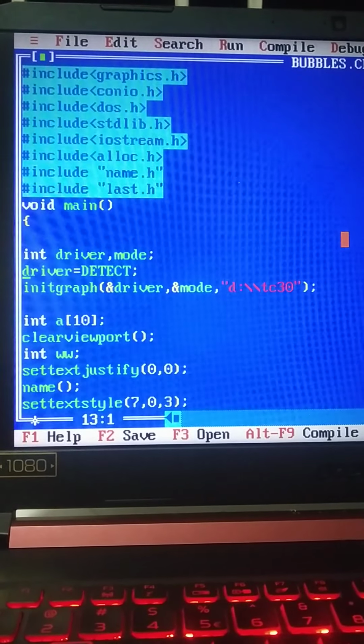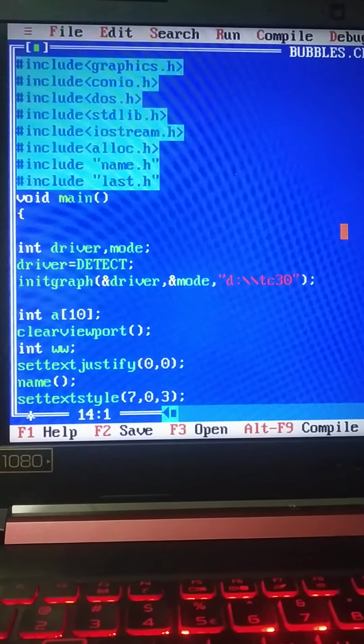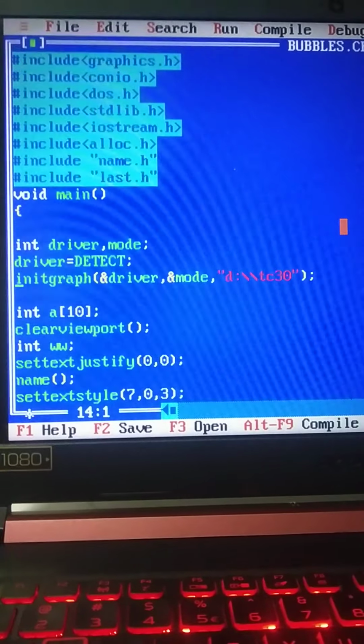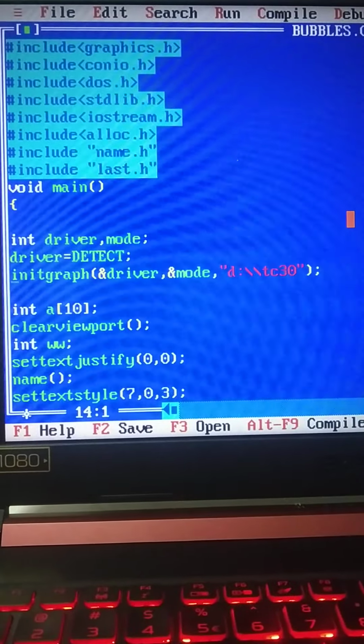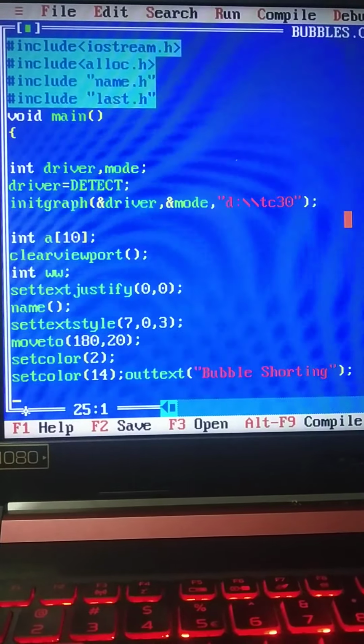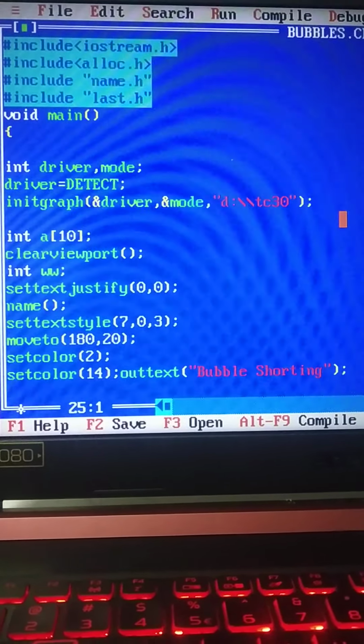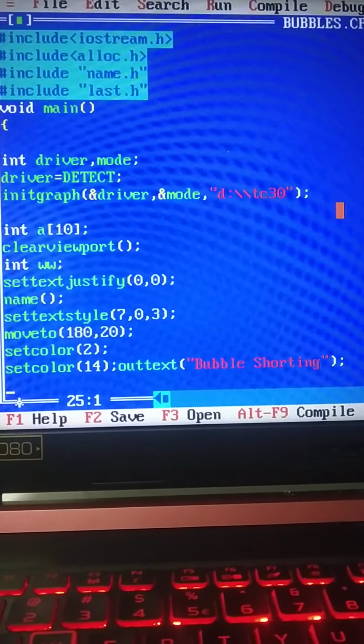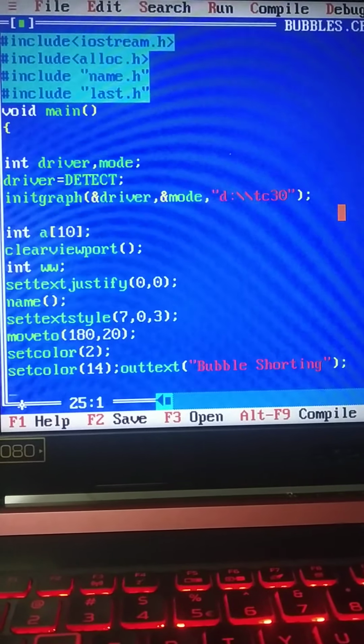Now public static void means some drivers. I am going to detect some drivers, and I am giving the address of those drivers. Then one array I have taken, and I am just executing some functions.